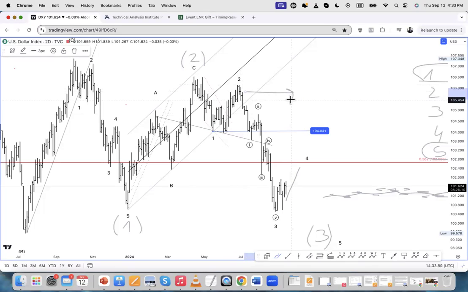Where do we put our stop? Well, based on the rules, if this is indeed 1 and this is indeed 2, the rules say that wave 2 can never travel more than 100% the distance traveled by wave 1, meaning that wave 2 can never move beyond here. So if I am selling this market here, this is going to be our stop,